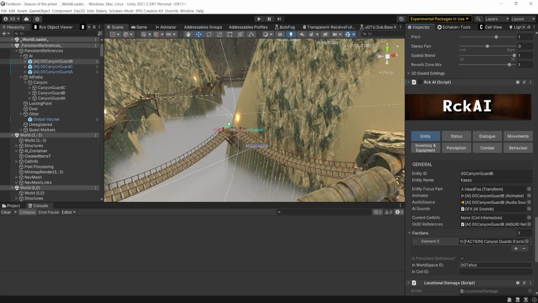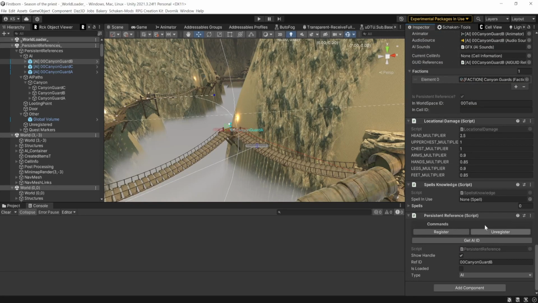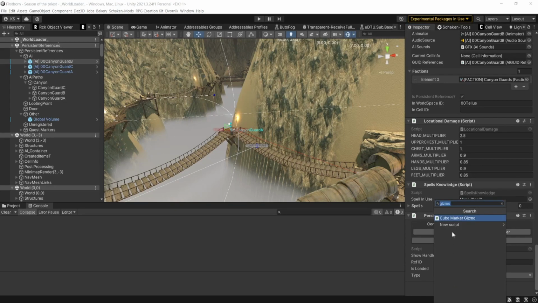in there. Now, if this is an exterior cell where there's a whole bunch of cells, you can leave the cell ID blank. But if it is inside of an interior cell and there's just one cell there, you will need to list that along with the world space ID. Then once you have that done, you should have a persistent reference script down anywhere onto the AI, and if you do not, you can simply add it by going to this and typing in